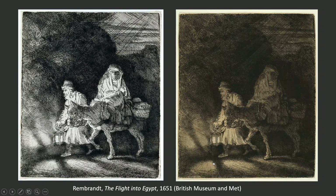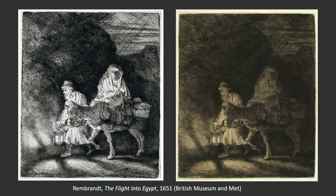So she is really very much in the dark. The right side of her is more in shadow than the left side of her, which is closer to the source of light. And as you progressively get closer to the source of light, the whole scene lightens up. And then, hard to see maybe in this photo, but when you look at the print in real life, the facets of this lantern have really been wiped very clean. So that's like brilliant light coming from the lantern,